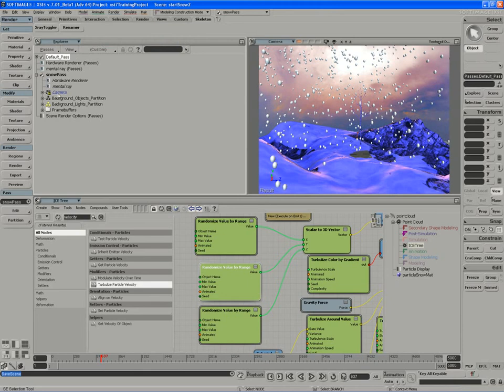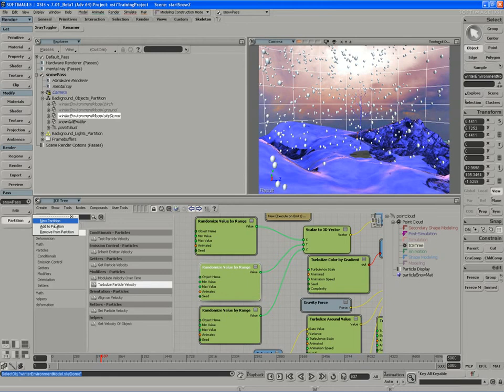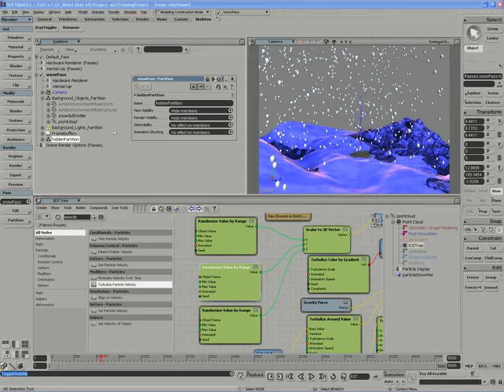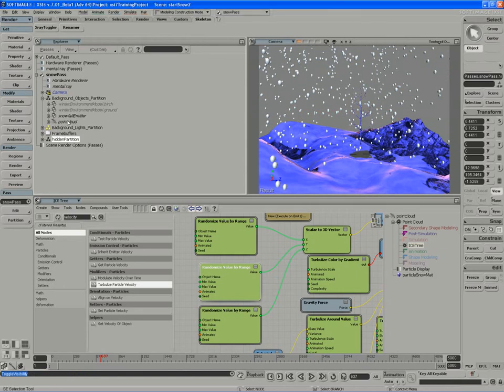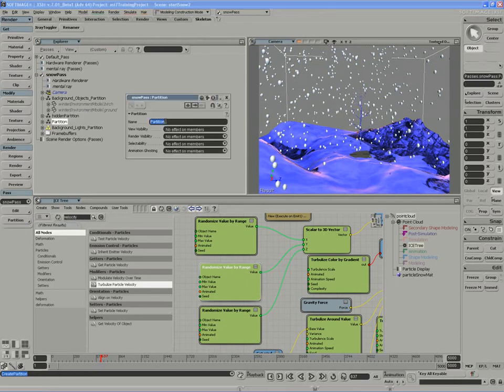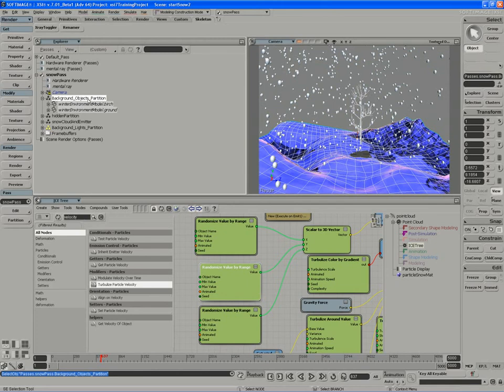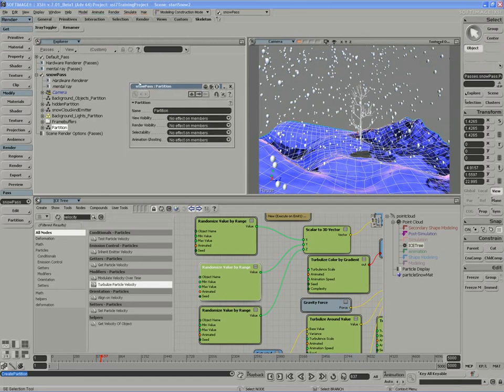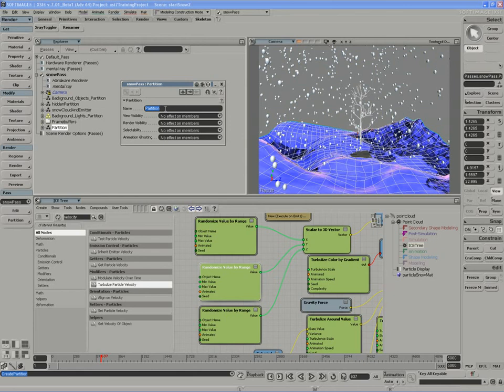And within this pass, I'm going to take the sky dome and partition it off into its own new partition. So I'm going to call this the hidden partition, and I'm going to hide the contents of that partition there. I'm going to take the point cloud and the emitter object. I'm going to partition them off. So I'm going to call this snow cloud and emitter. We want these visible. And finally, with the background objects remaining, I'm going to partition those guys off, and that leaves an empty background objects partition, which is okay. I can always populate it again. And I'm going to name this partition the ground